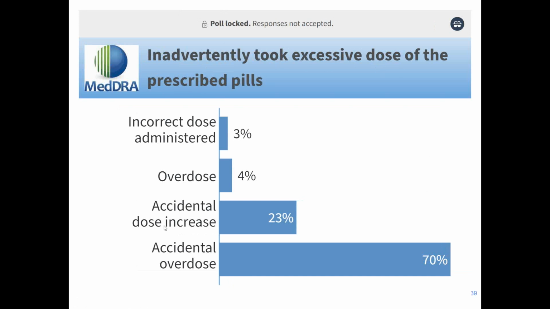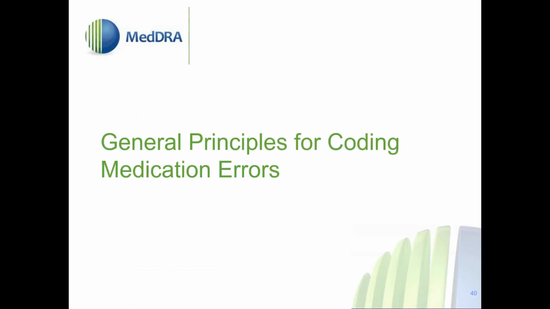And based on the definition that we saw before, an overdose is something that is beyond what is defined as the maximum dose in the label of the specific drug, i.e., this was the phrasing in the concept description, an excessive dose. It's exactly the same wording as we have in our verbatim here. Excessive dose would allow us to classify this dose as an overdose. So accidental overdose would be the correct assignment here.